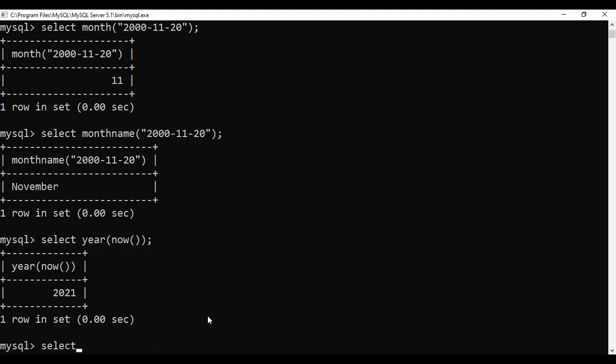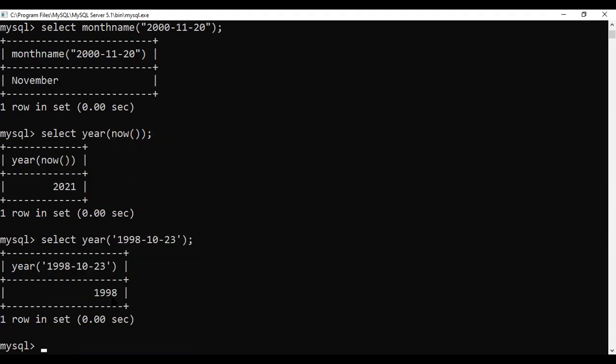When I say select year of any date, like 1998-10-23, it returns the year in the specified date, 1998.